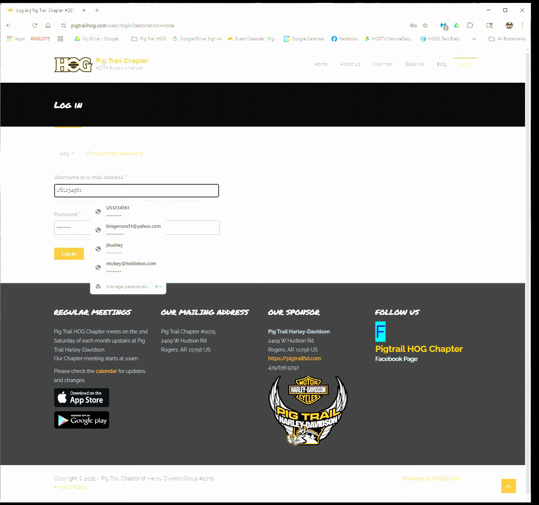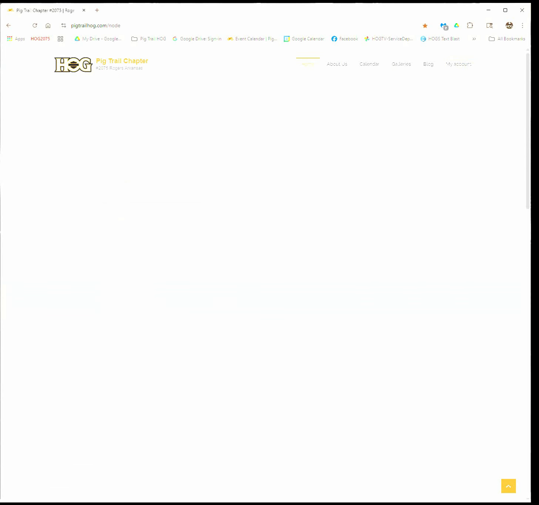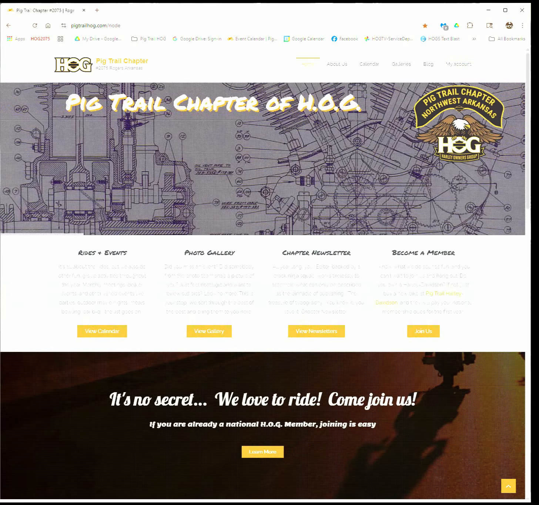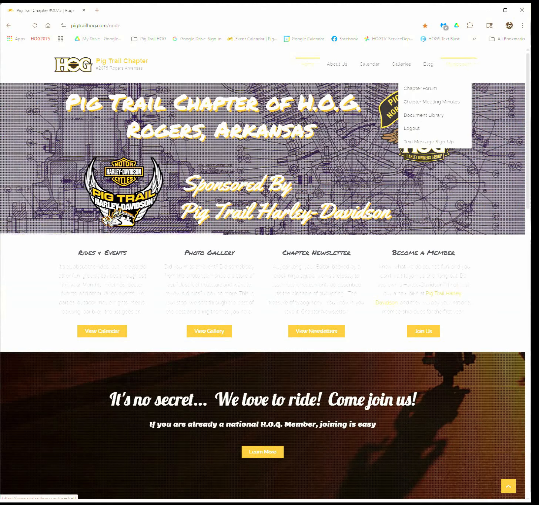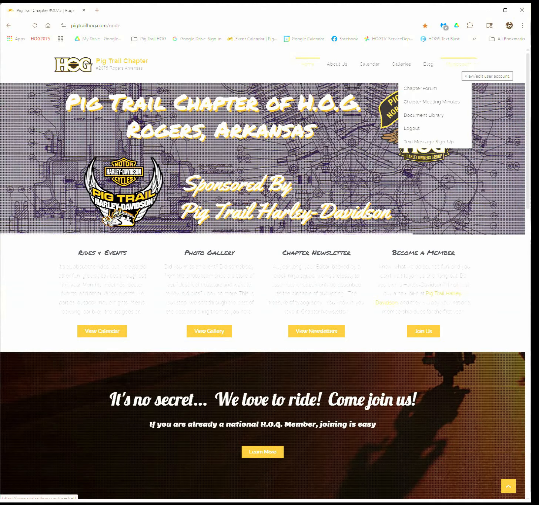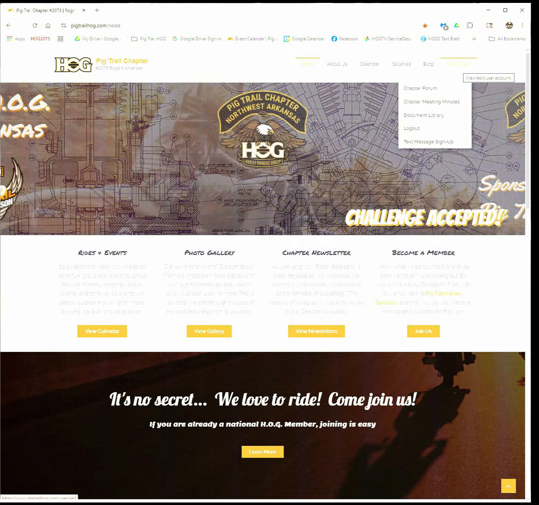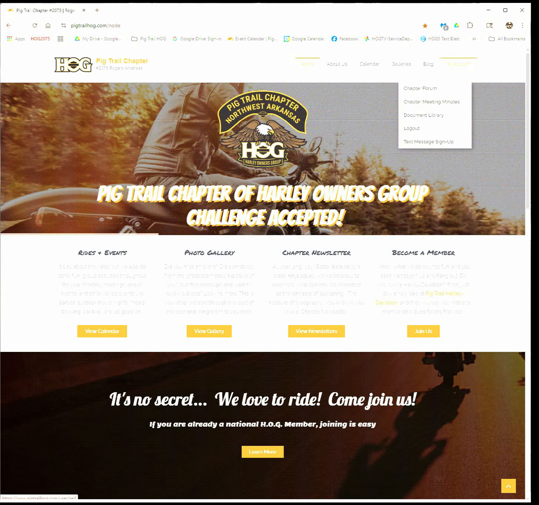I'm assuming for right now that you haven't reset them, and you'll log in using your member number, which is US followed by 7 digits, and then the password that you gave yourself, and click Login. You'll know that you're logged in because in the upper right hand corner the login will have gone away and be replaced with My Account. So now we click My Account,